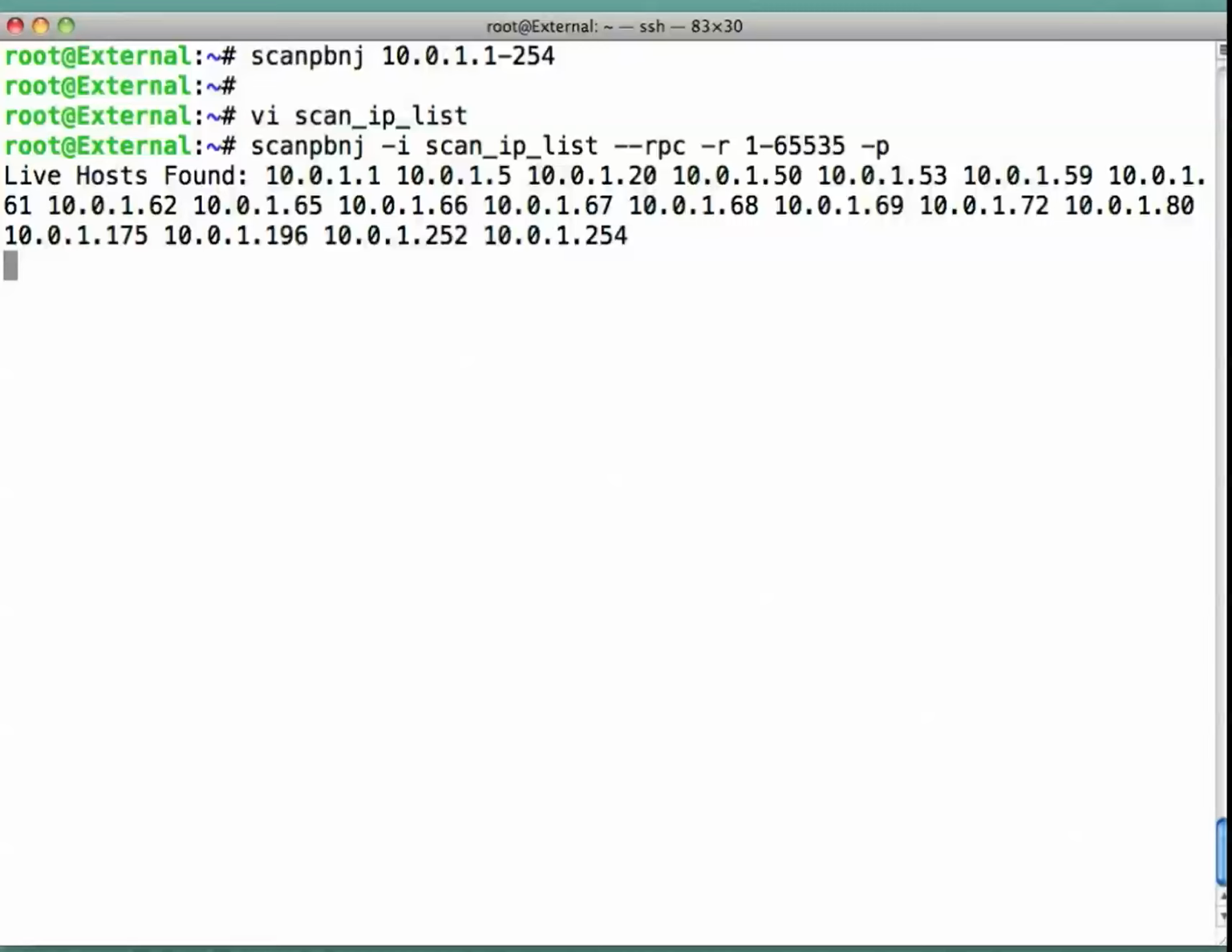Instead, by specifying the -p, it will now ping the host first, see if it's there, and if it's not currently up, it will not scan the host. Now, won't that create gaps in our scan? Well, sure it will, but